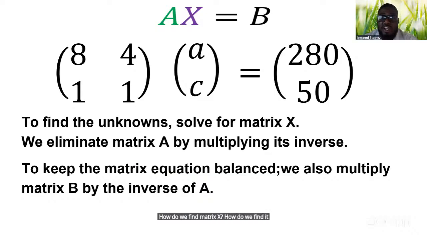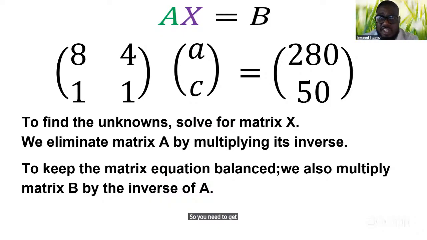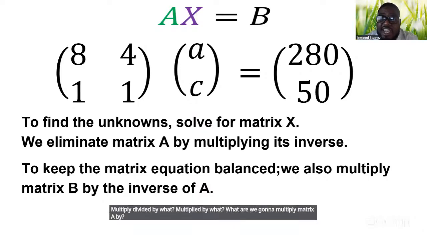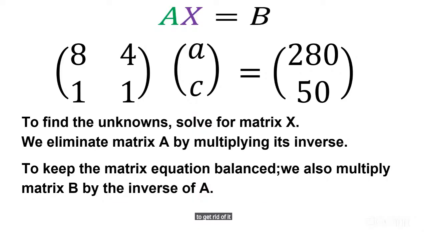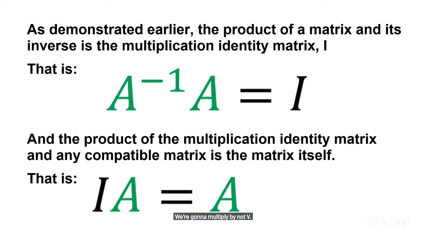Just like when you do equations, you want to balance both sides. So you need to get rid of matrix A. And how do we think we'll get rid of matrix A? Will we divide or will we multiply? What are we going to do? Multiply by what? What are we going to multiply matrix A by to get rid of it? B. We don't want it over here. What are we going to multiply it by? B. We're going to multiply it by not B. Remember? A. The